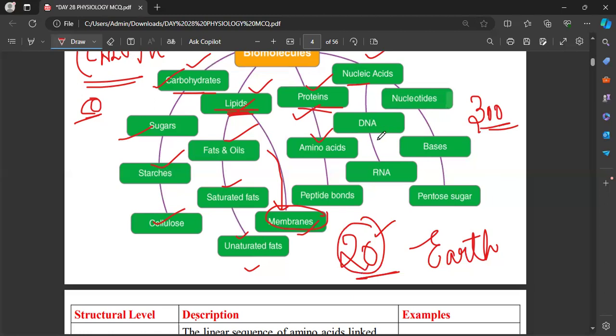Now, one amino acid gets attached to the other amino acid through a particular bond called the peptide bond. That bond is formed as a result of a condensation reaction. What does condensation reaction mean? Through the elimination of